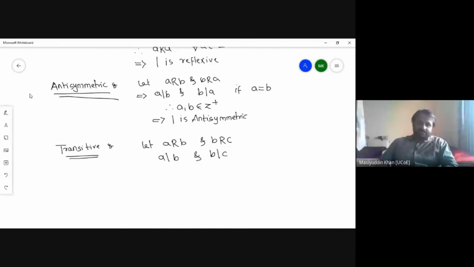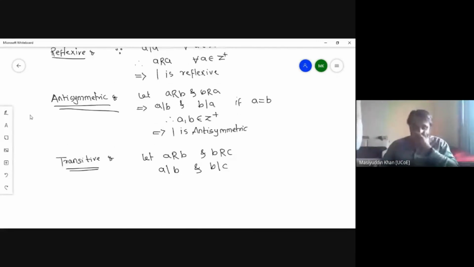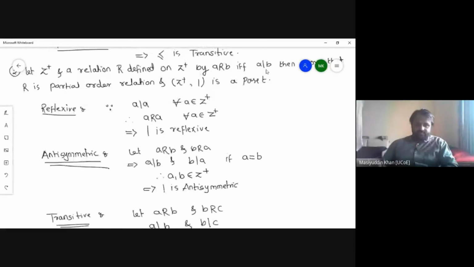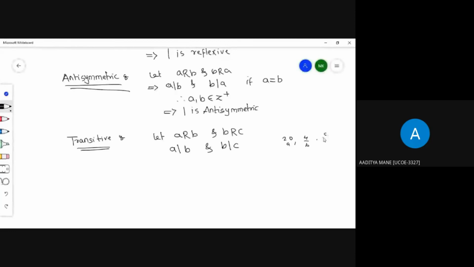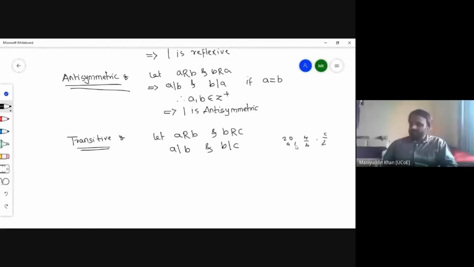In the condition it is clearly said A related to B if and only if these things are possible. So according to that, you can take any numbers like 4, 2, 1, or you can take bigger numbers, it is up to you. If possible, take 24 and 2. So if I take A as 20, B as 4, and C as 2, and check whether this is possible, it is possible.